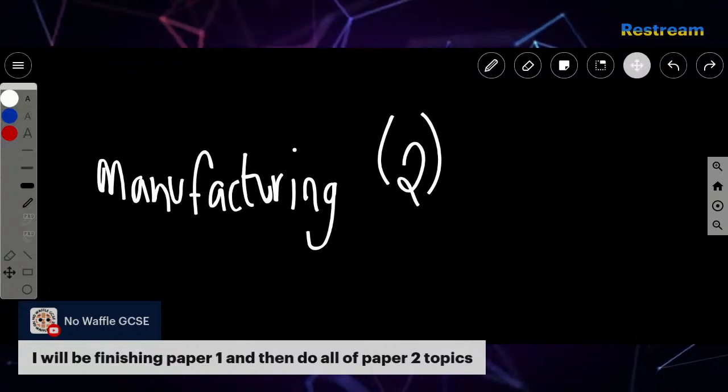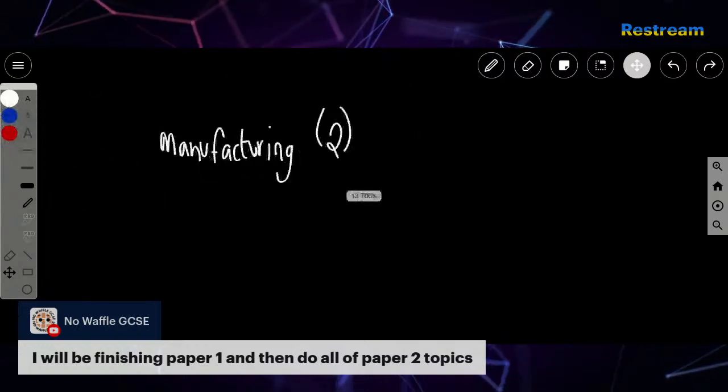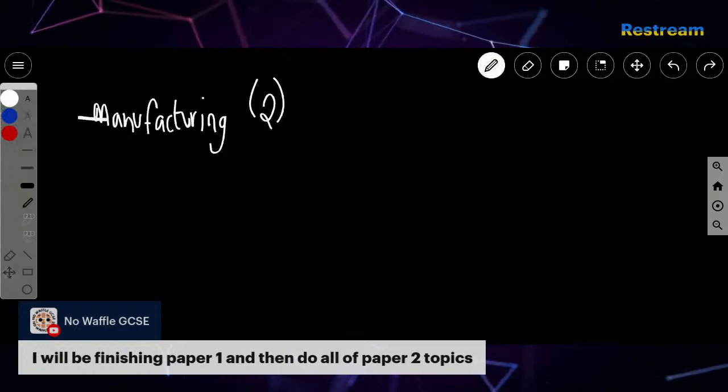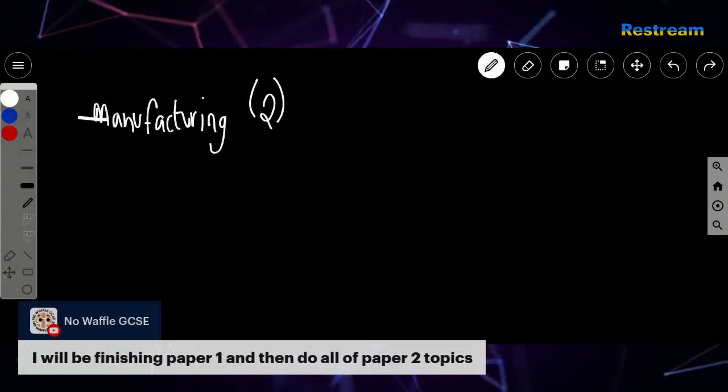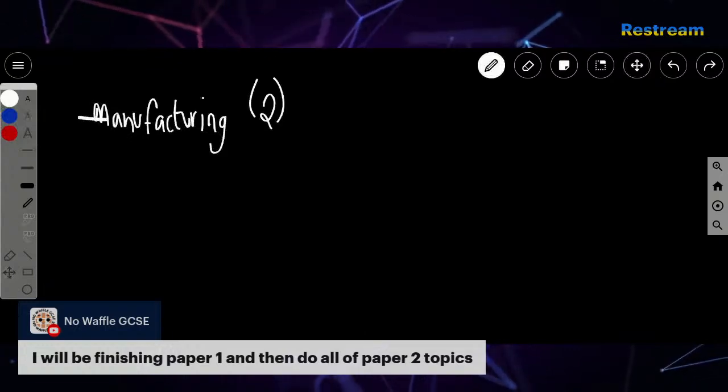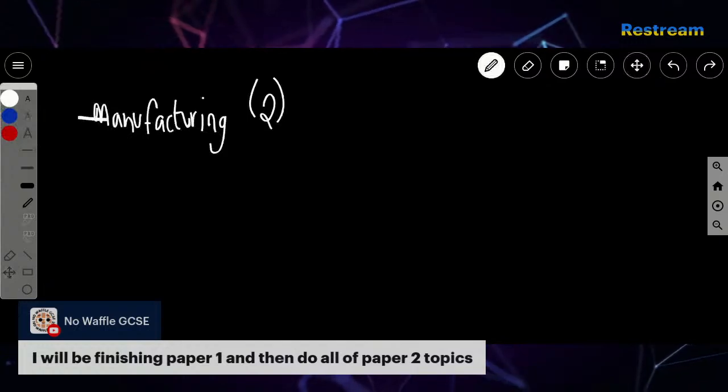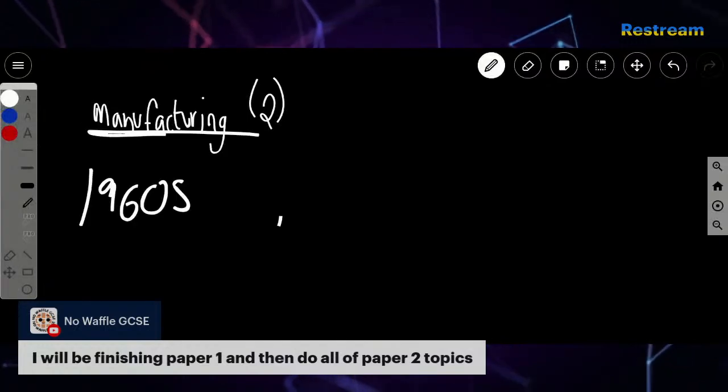Okay, so as discussed, UK's industry was mainly manufacturing. However, a change was made. A massive change began in the 60s. So what happened was the manufacturing industry, which I'll represent by the letter